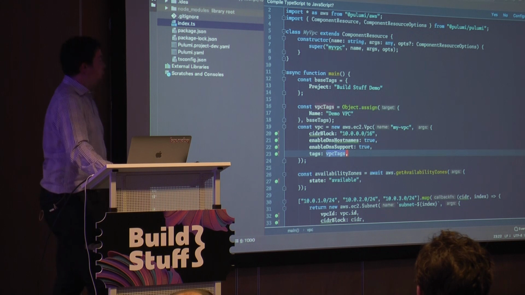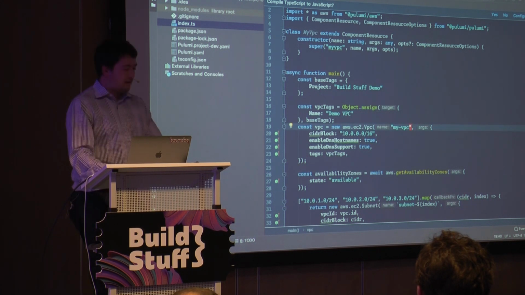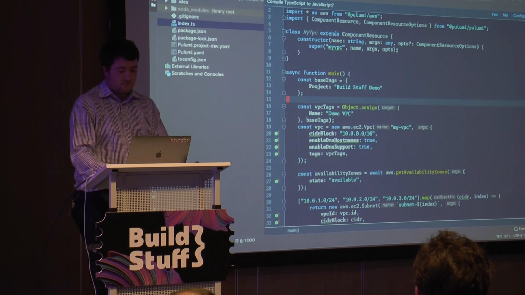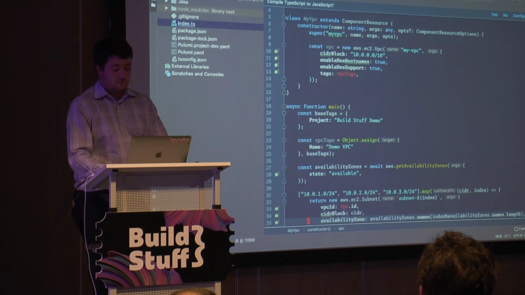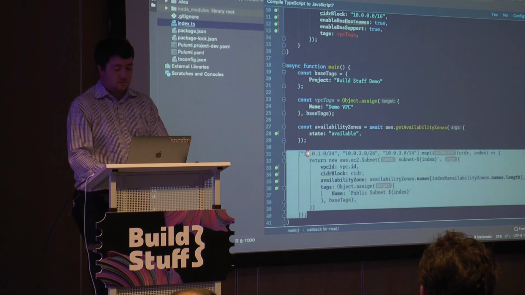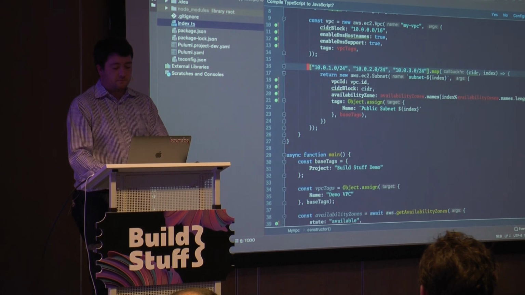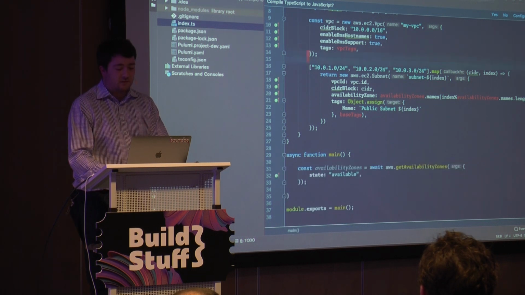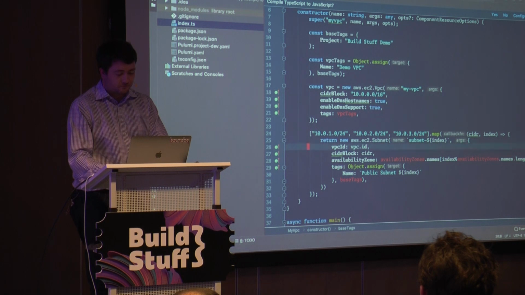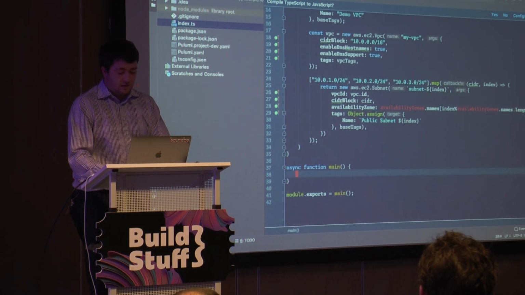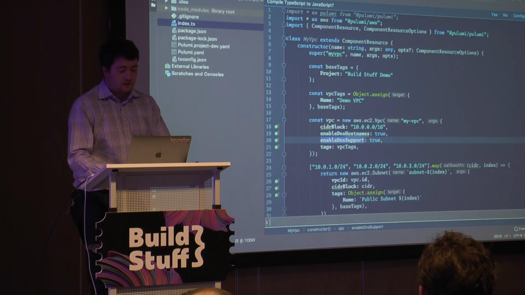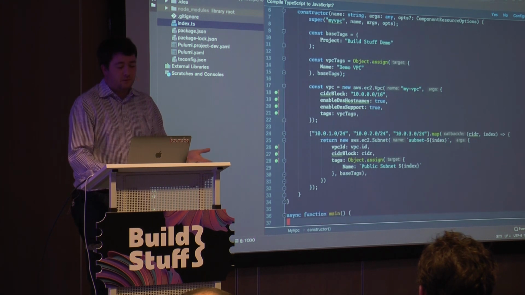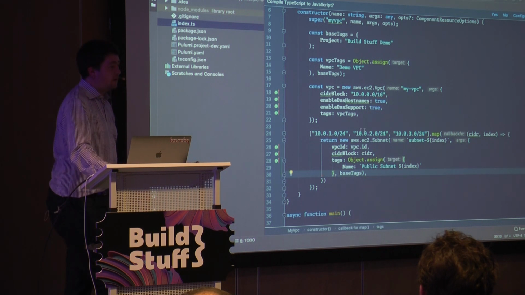And then we can start creating resources in this component. So we could take out our VPC here. We're going to take out our subnets. I better move the tags around because otherwise the program will fail. And I'm just going to ignore availability zones for a second. So what we've done here is build a small component that represents a reusable piece of infrastructure.